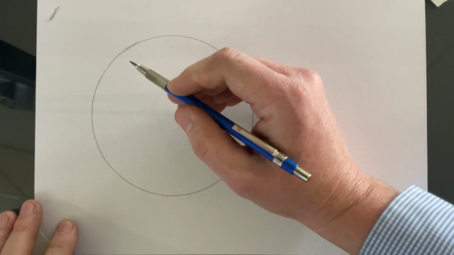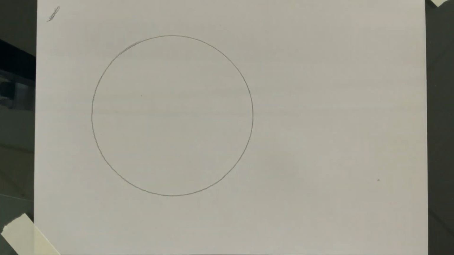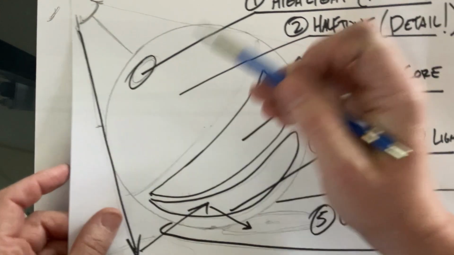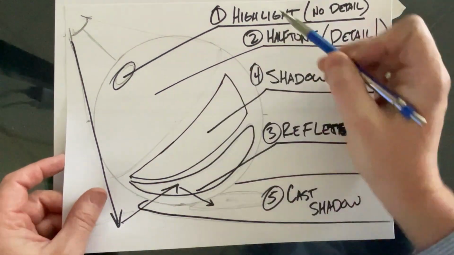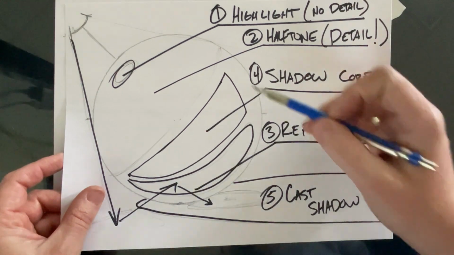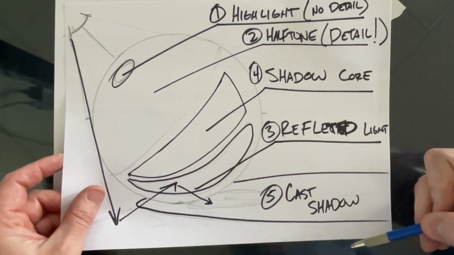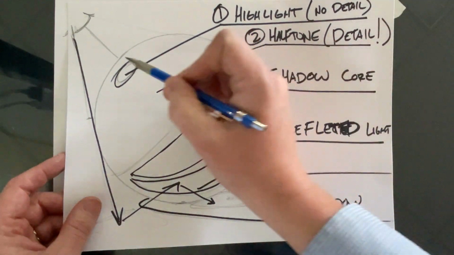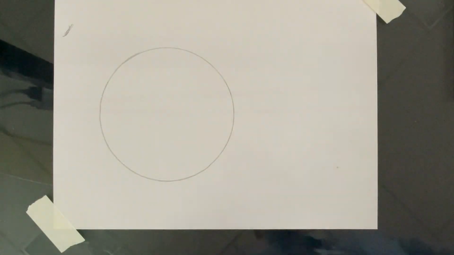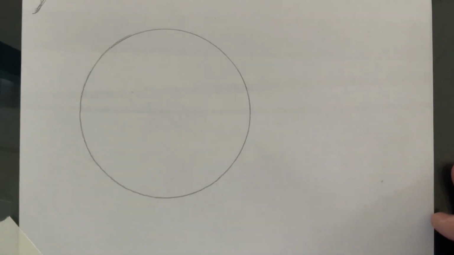Remember, please remember, like your notes, like we did. Remember how I zoom out on this a little bit. We put lines around the defined areas of the 5 parts of a shadow. Don't draw the lines, okay? This is a review here. What you're doing